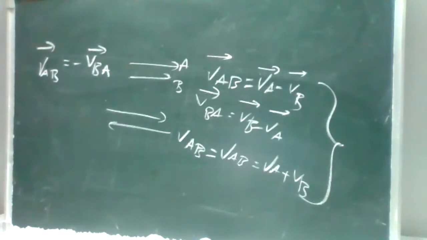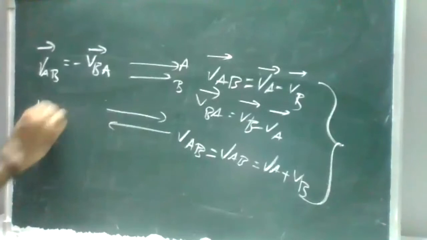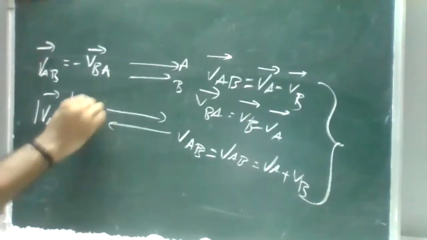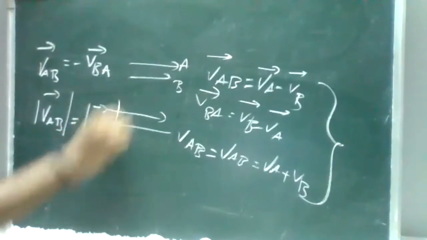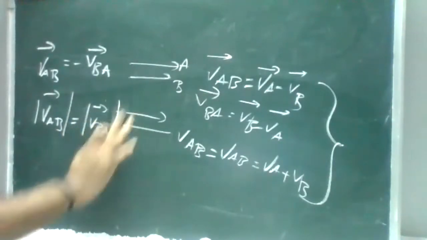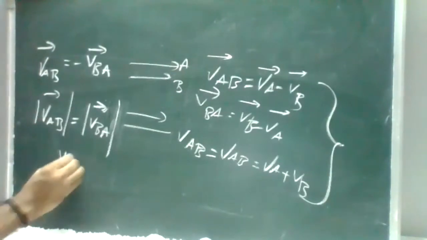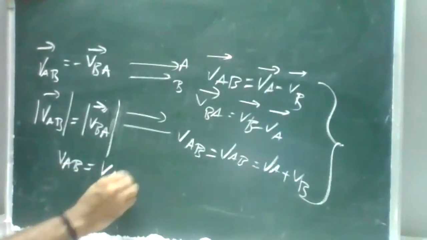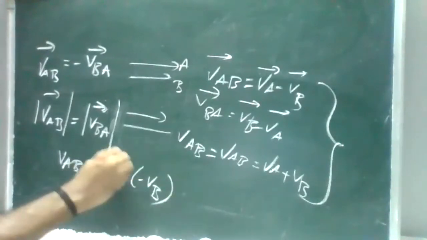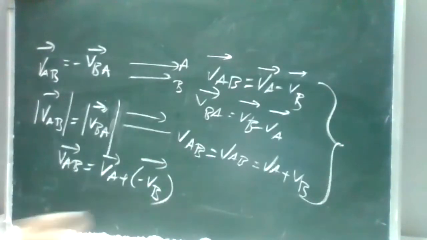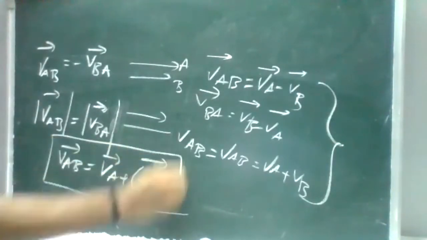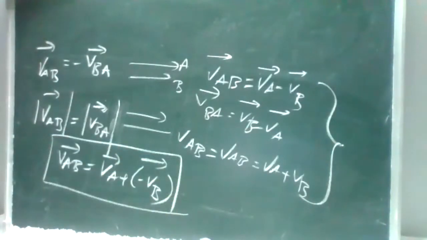Or if you are taking in modulus, so the modulus of VAB vector is equal to the modulus of VBA vector. The modulus is nothing but its magnitude. Magnitudes are same ஆயிருக்கும், but directions are different ஆயிருக்கும். Okay, so when we're discussing about the relative velocity one with each other, I can write this relation as VAB is equal to VA plus of minus VB. So vectors நம்மளுக்கு வந்து only addition மட்டும் தான் இருக்கு, subtraction கிடையாது. So the direction matters here. So VAB vector, I can write as VA vector plus of minus VB vector. Okay.